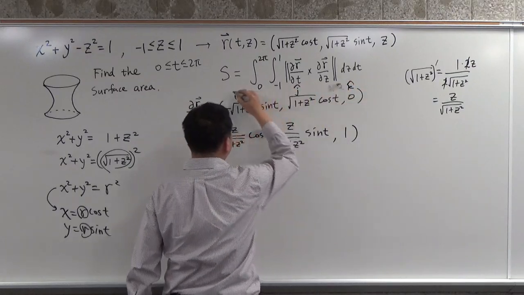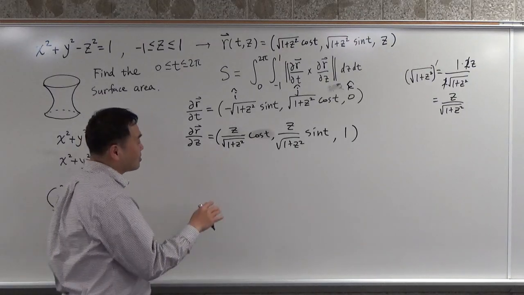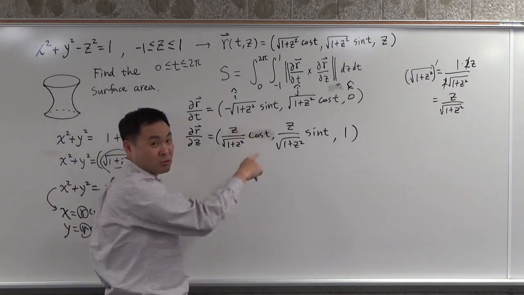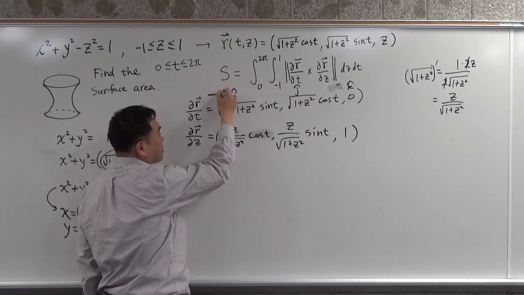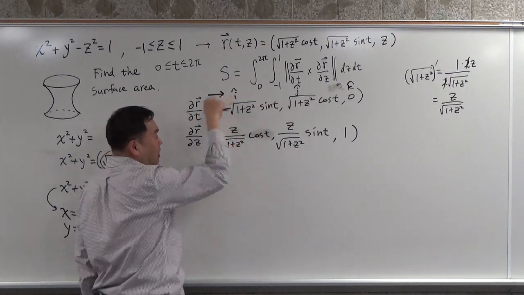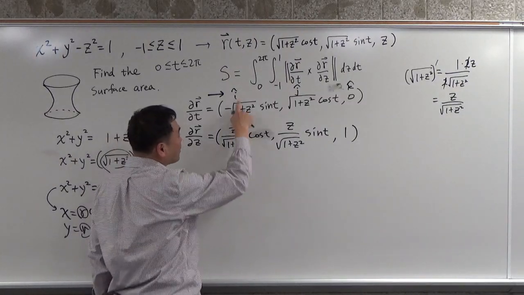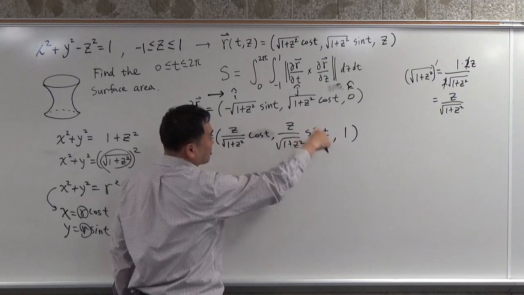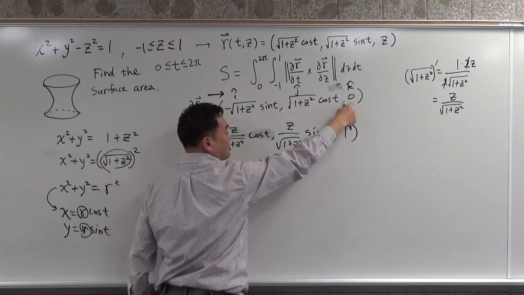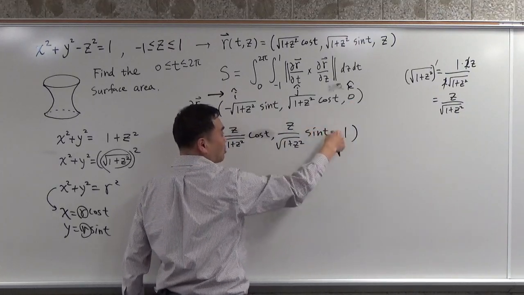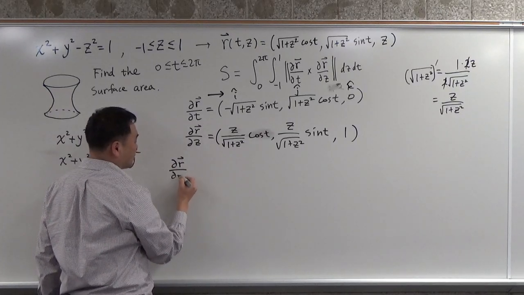i, j, k. And then you have to do the determinant, right? But since it's going to take too much time, let's just do it on the spot, okay? So if I expand the determinant with i, then i will be multiplied by the determinant of this minor matrix. The determinant of this matrix is this times this minus this times this. 0 times anything is gone, so you only get this. So what you have is going to be